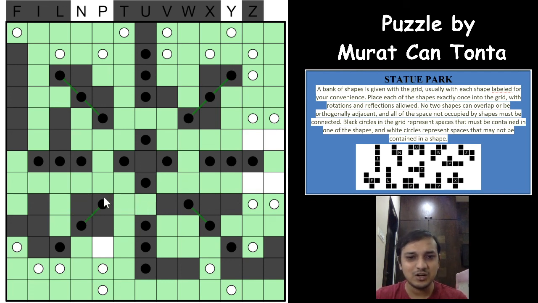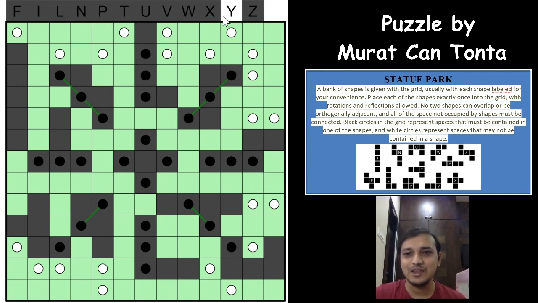This white circle will come out this way and this is the P now, which means that if we have the N here, the bunch of white circles will be stranded here, not connecting to any of the white circles, which means that this has to be this way. And we have done the N, P and Y.